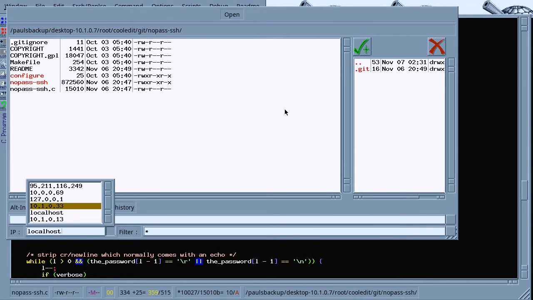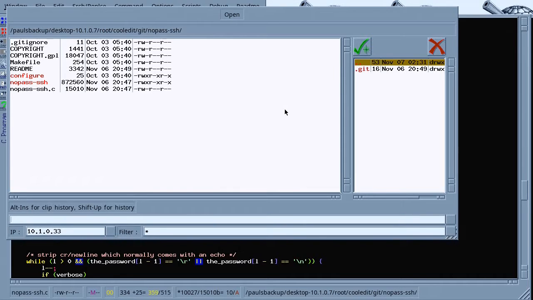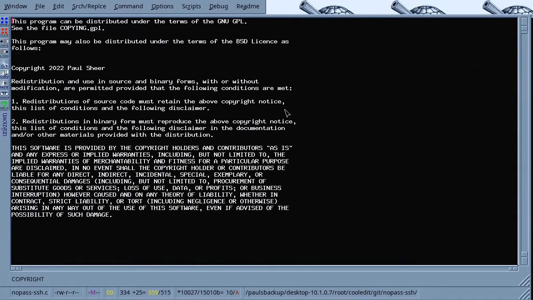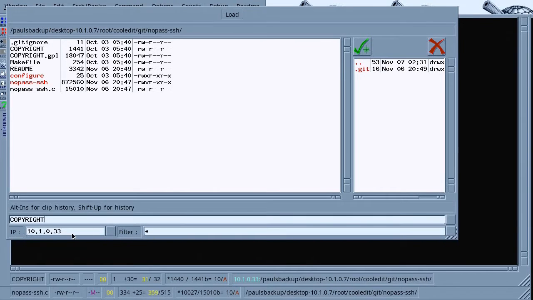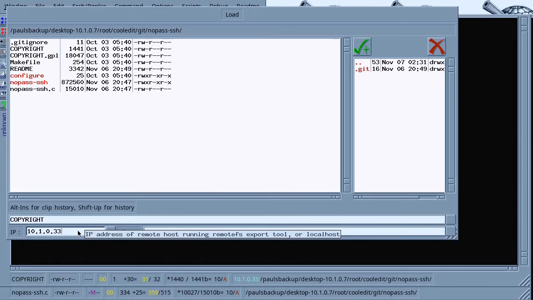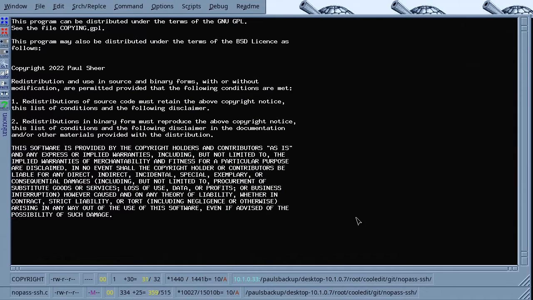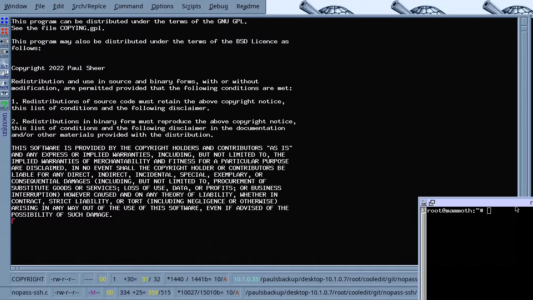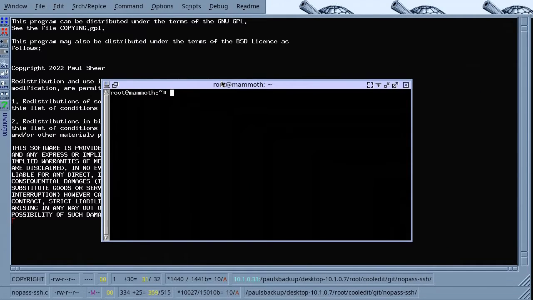Now, if you've got a remote machine, so here is an example of me running on a remote machine. So what I've done here is I've opened this file and I've entered the IP address of a remote machine where remotefs is running. It's opened this file on the remote machine. And you can see here is a remote machine where this file is located. So if you've got this blue IP address, it means it's a remote machine, not a local machine. Now if I press F11 now, or Shift F1, it's actually going to open